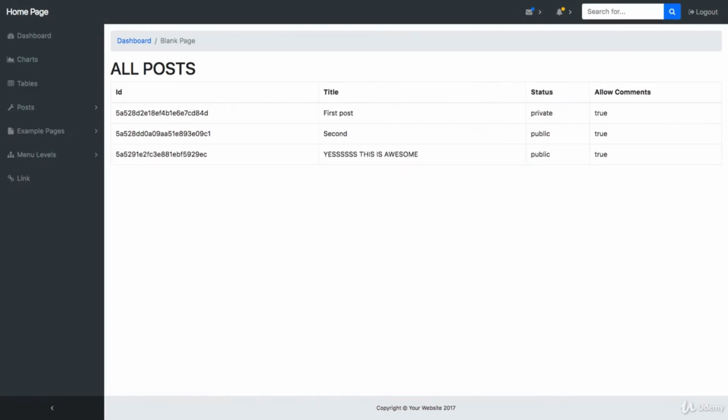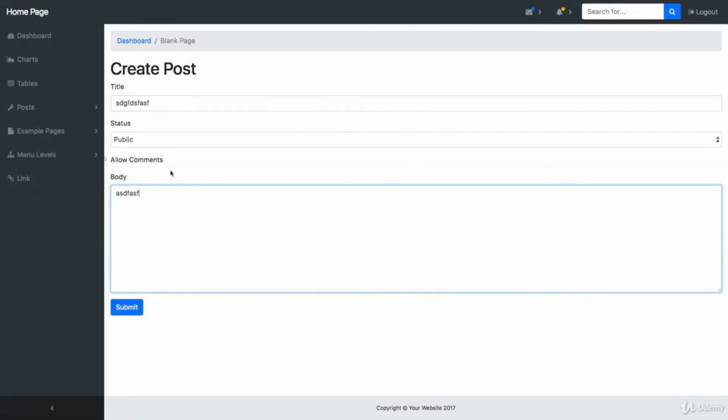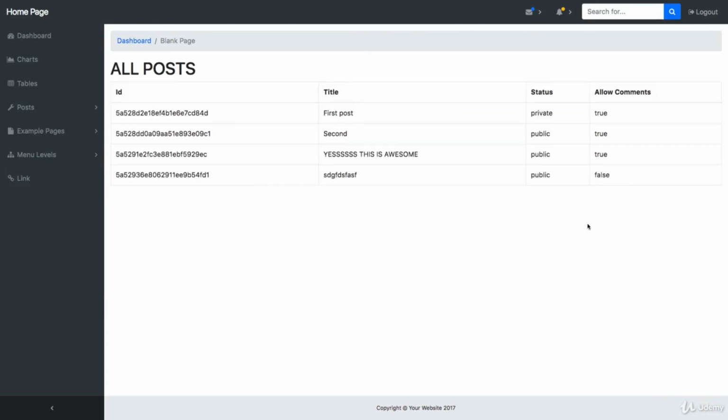Welcome back, my dear students. We are able to create posts here very easily, right? I was just testing this out, writing some gibberish and submitting, and we can see that we are able to get it. This is pretty awesome stuff. So it's working. Now we got the create out of the way, and the reading out of the way. Not entirely yet. Later on we will add stuff to this, but we're just getting the general CRUD out of the way.